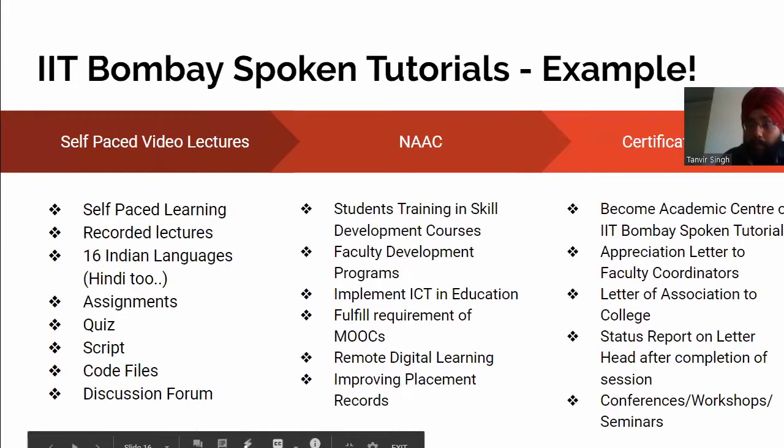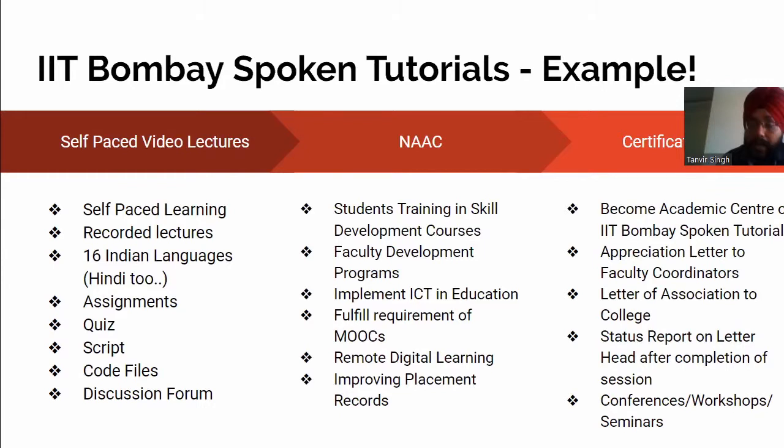And the discussion forum is the fourth quadrant, so we can say that the quadrants are tutorials, e-content, assessment and evaluation, and the discussion forum. The Spoken Tutorial consists of all these four quadrants, which we have just discussed, for developing a MOOC. Apart from that, all these courses can be utilized for NAAC accreditation.